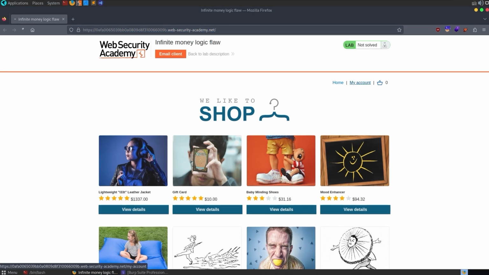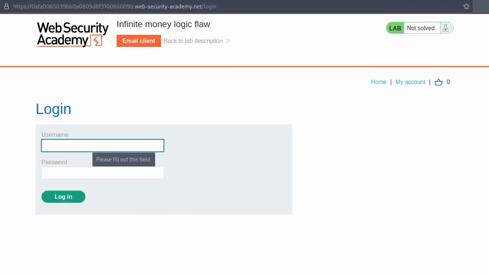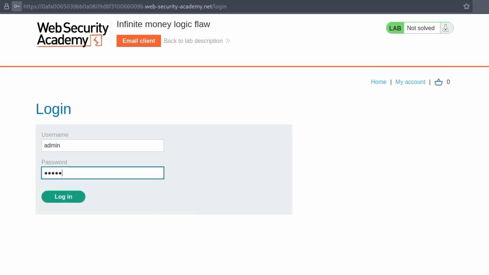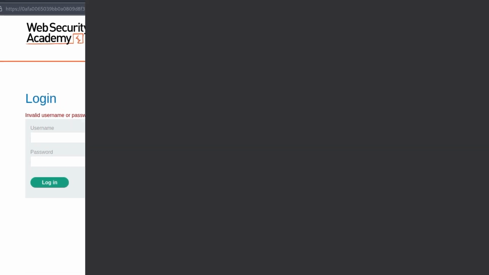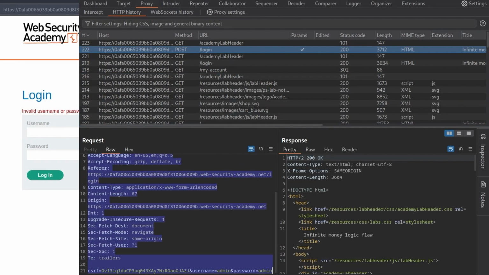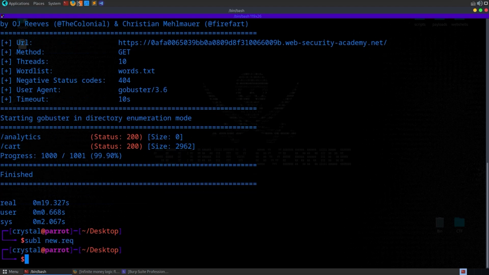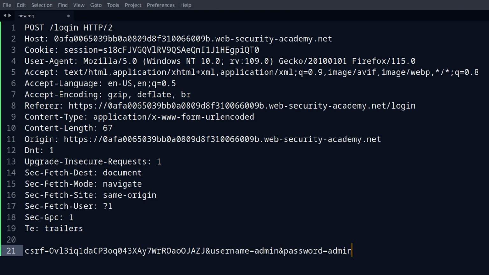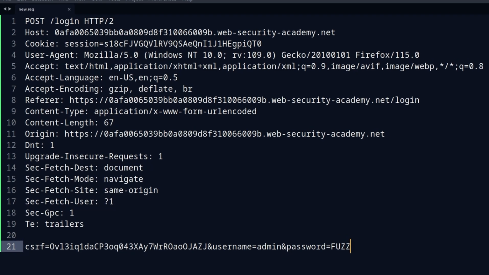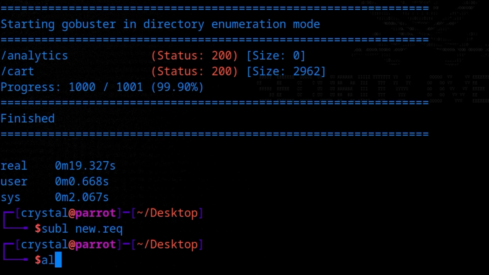So I'm going to go and try and log into our account. I'll just put in an incorrect username and password, and I'm going to go and grab the request from Burp Suite and take a copy of it. I'm going to go and save this into a file called new.request. We're going to use ffuf this time, and we're just trying to brute force the login credentials. So I'm going to replace the password with a capital FUZZ. And I actually have an alias set up for this. If I do